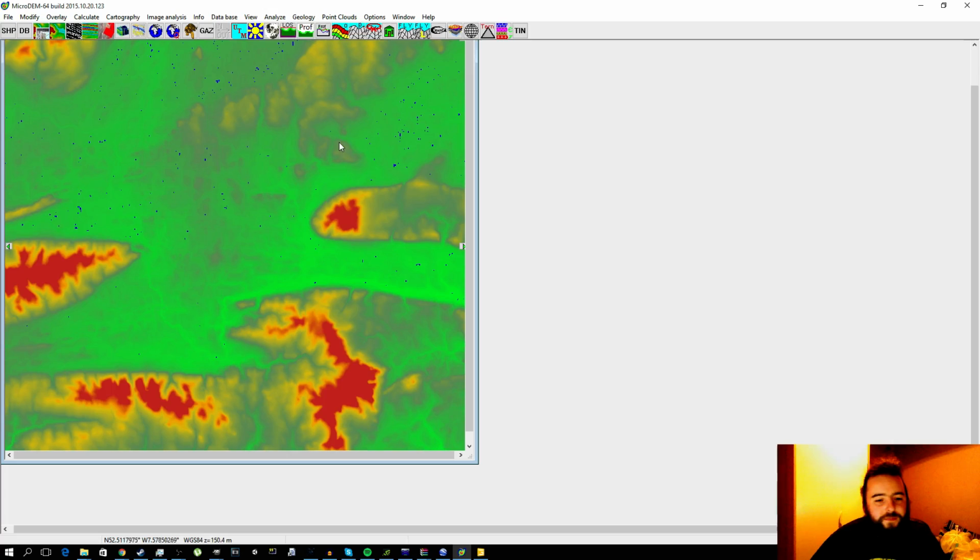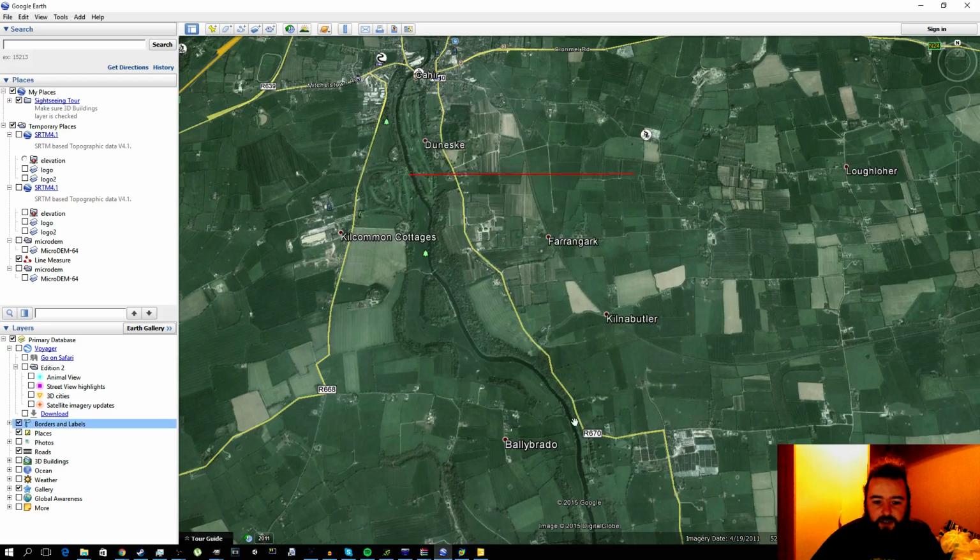I want to show you guys something over here, but I can't. How do I fix this? Basically, up here somewhere in the window that has the DEM itself is a picture of the Google Earth logo down here. You need Google Earth, and if you click it, it will bring